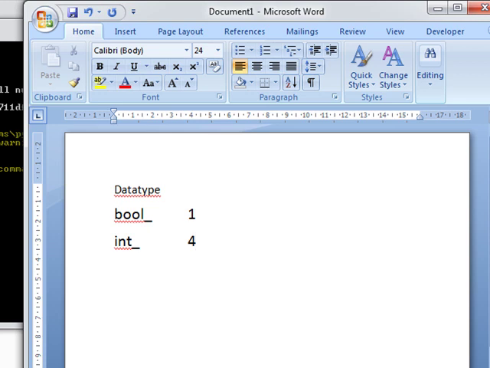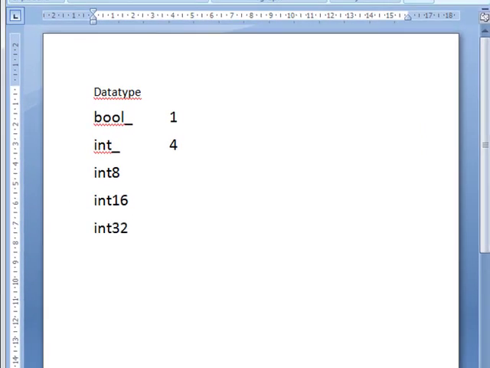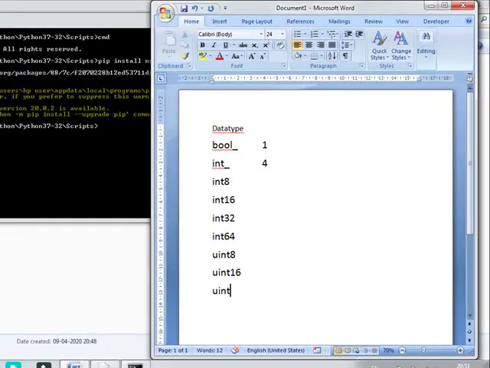Similarly, there is int8, int16, int32, then int64. Then uint, that is the unsigned integer, of size 8, uint16, uint32, uint64.